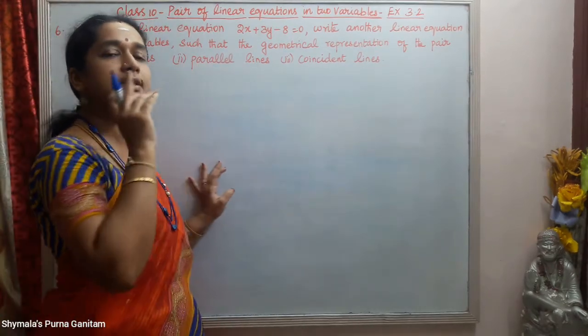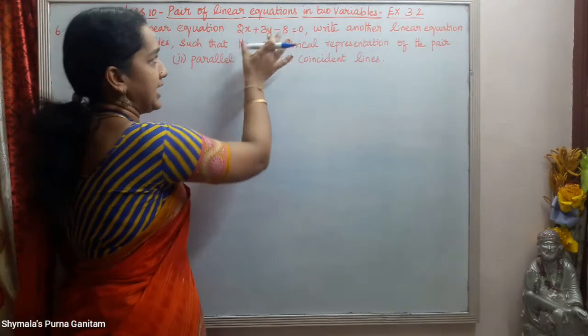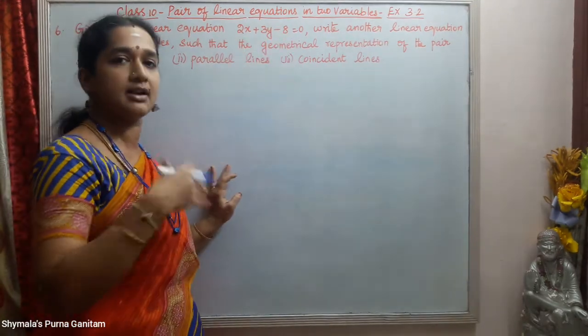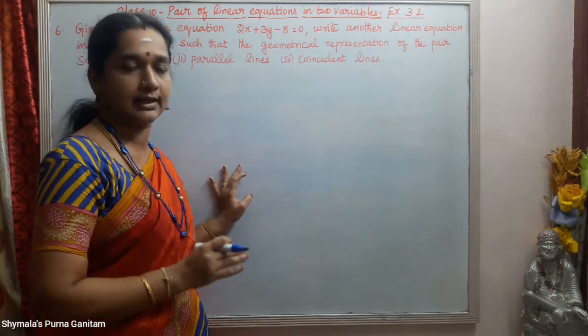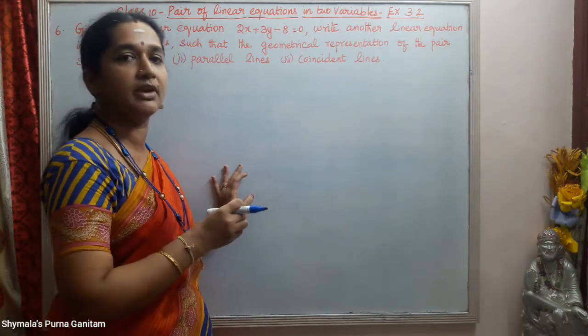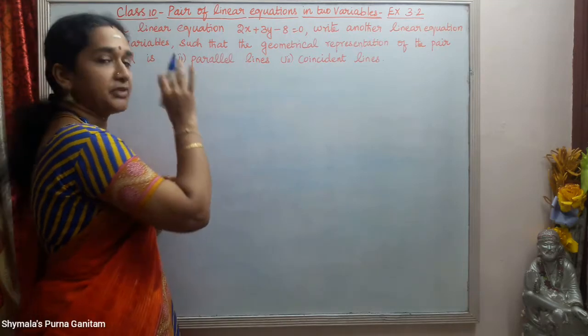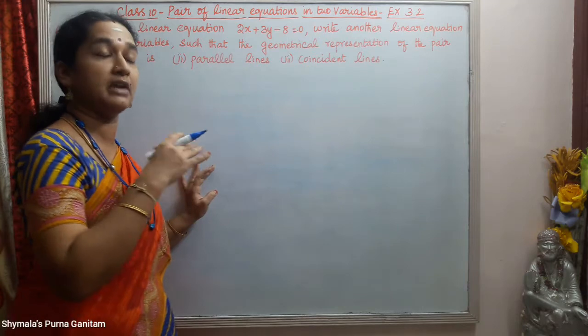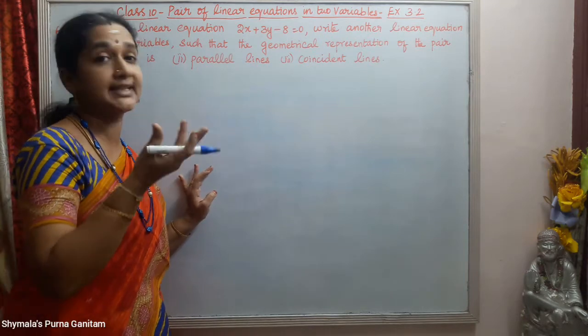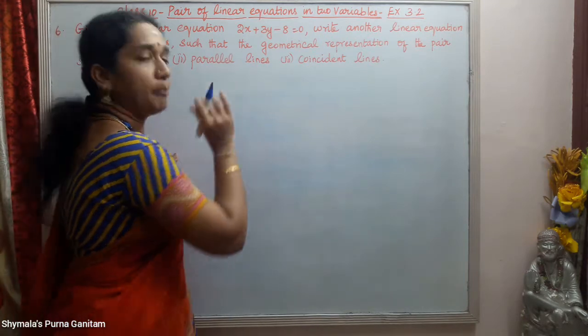First subdivision is intersecting lines. So a line is given. For this we are asked to write another line such that they form an intersecting lines. So with the help of the condition given, we will be finding another pair of line and I found that intersecting lines. Over. Now I will do parallel lines.